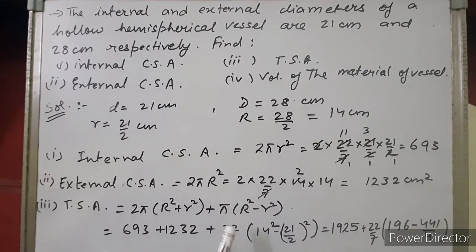And the area of the ring will be pi is 22 upon 7, capital R is 14 and small r is 21 upon 2, squaring. 14 square is 196 and 21 upon 2 squared will be 441 upon 4. Alright children, note down this much and we'll solve this term further. Please note down both first.